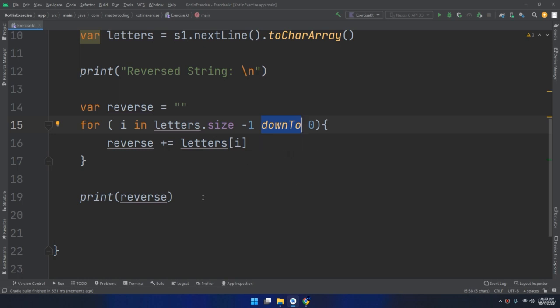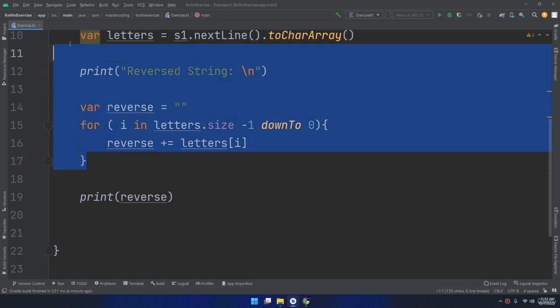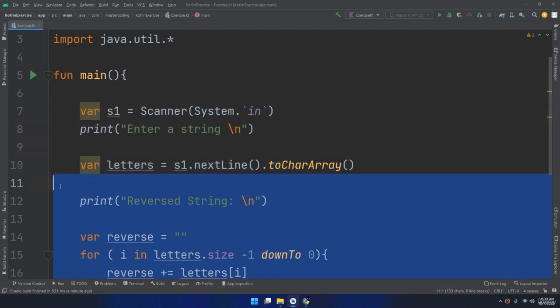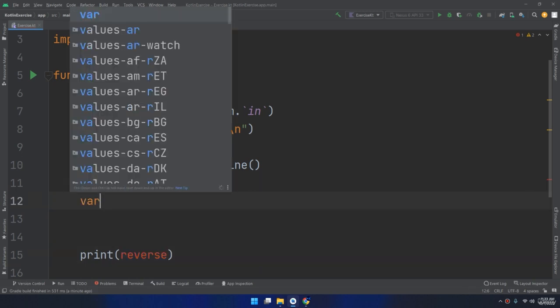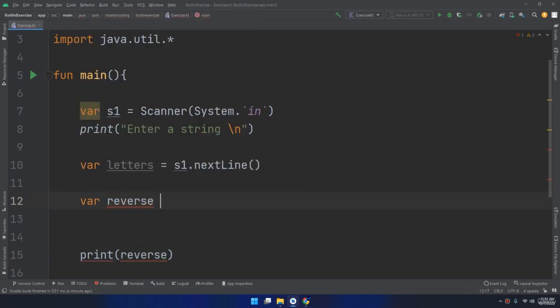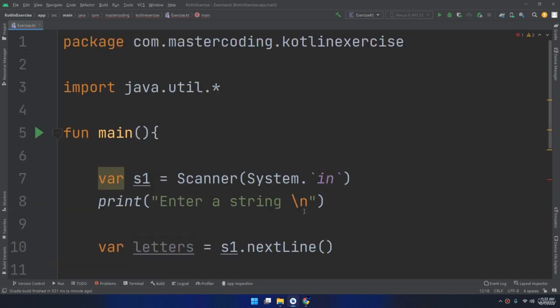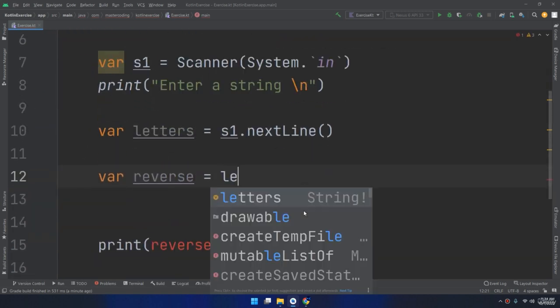And this is a very complex way. But thanks to Kotlin, we can remove all of these. I can write like this. I can get the letters. I can write reverse here, var reverse equal to letters dot